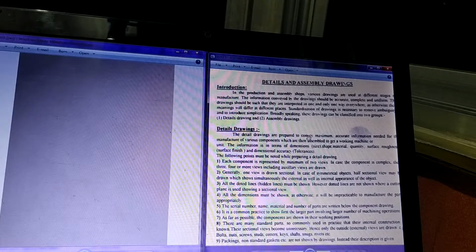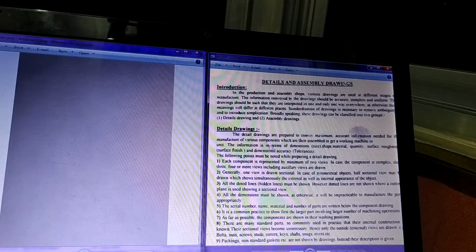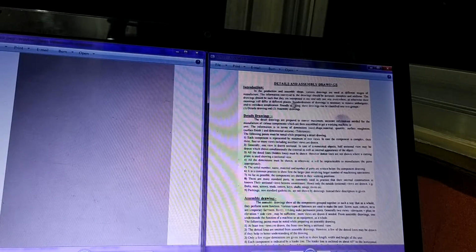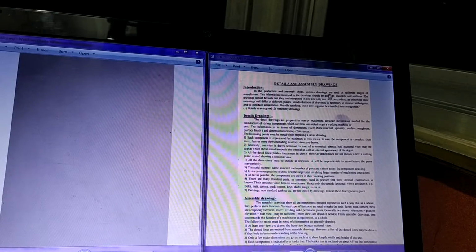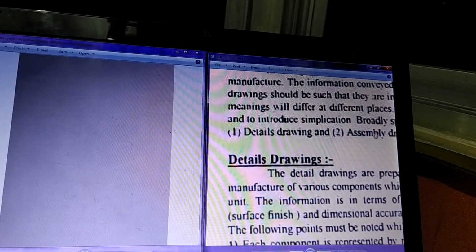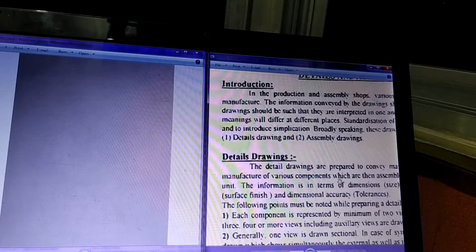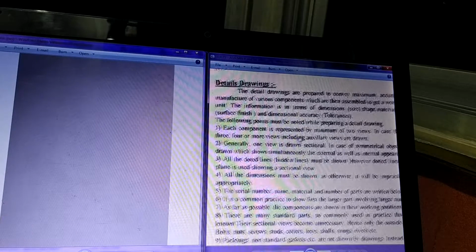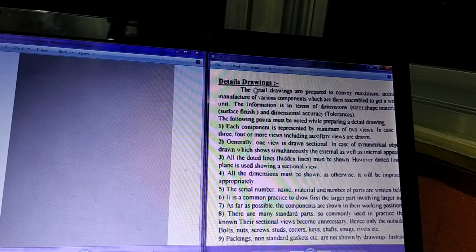So now I am going to show you certain rules which are to be observed. Now this page I am going to share with you so that you can read it later on. Right now I am just reading it for you to understand what are the rules to be observed. So most of the things are explained here. What it says is what I have just now told you, that the drawings are prepared in the form of detailed drawings and assembly drawings as part of industrial drawings. Now, what are the things to be observed while drawing the detailed drawings?